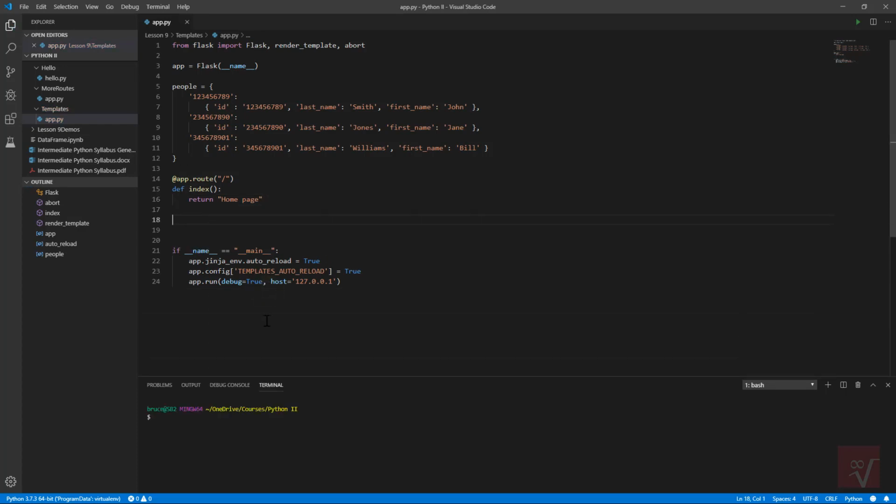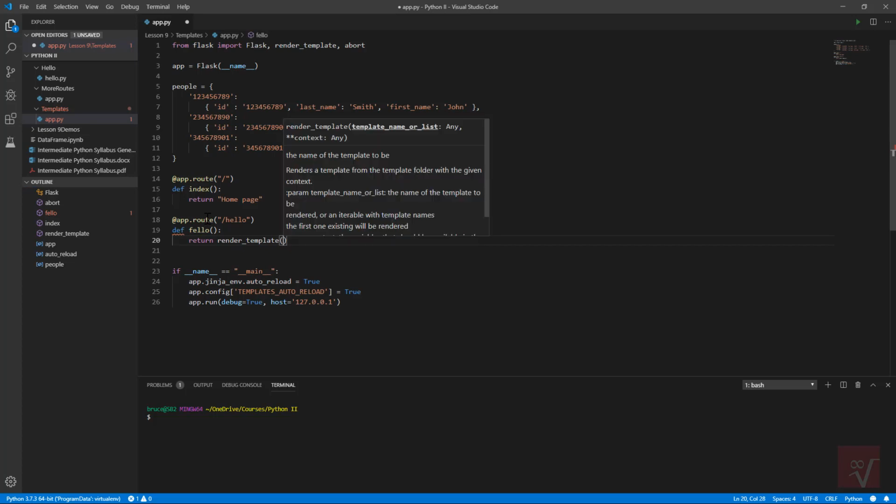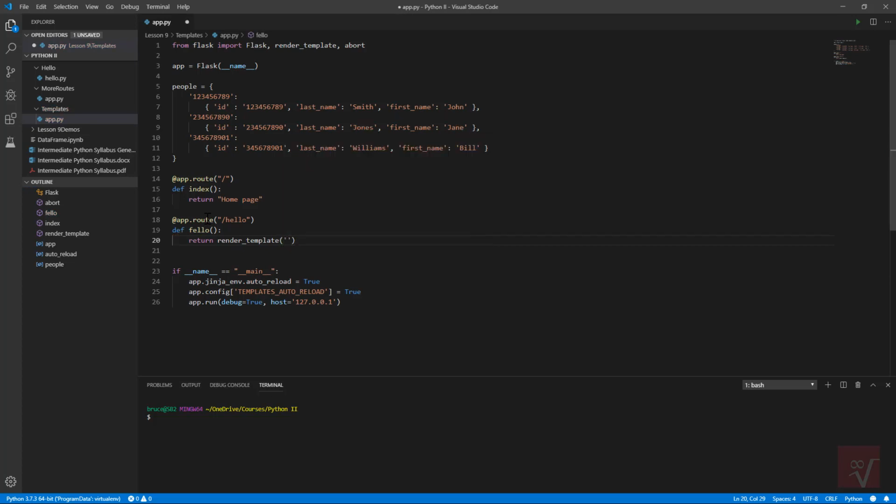Then I'm going to create another one. This time it's going to be hello. And I'll define a method. Might as well just call it hello. There's no reason not to. And this time I'm going to say return render template, and then I have to provide a template name. Typically this is going to be an HTML page, so I'm going to tell this to return a template called